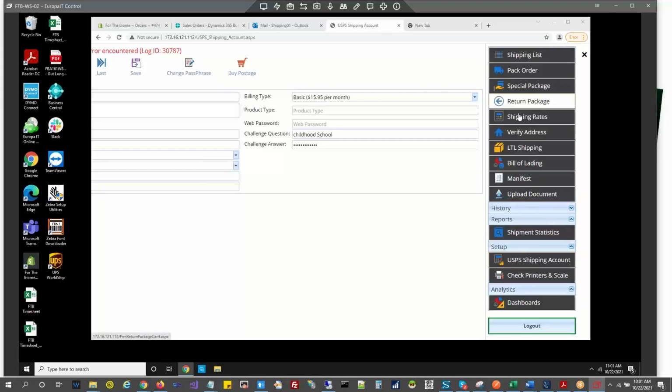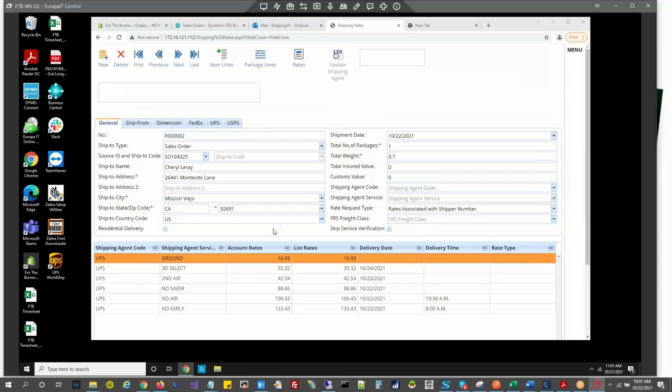After doing this, if you want to see the rates for the previous package we closed, you can come here and use the option again. Okay. This option will be grayed out as we have opened it separately, so these fields will not be updated to the sales order. So you can just check the previous rate shop orders. Okay.